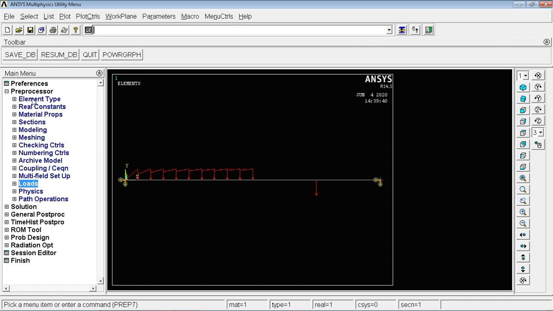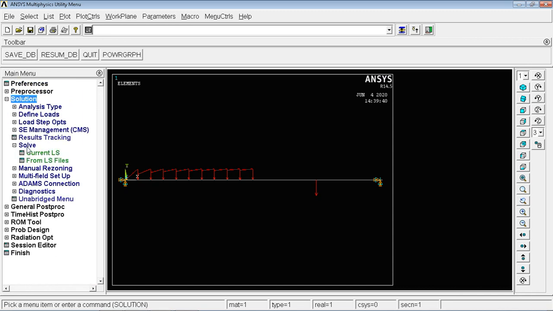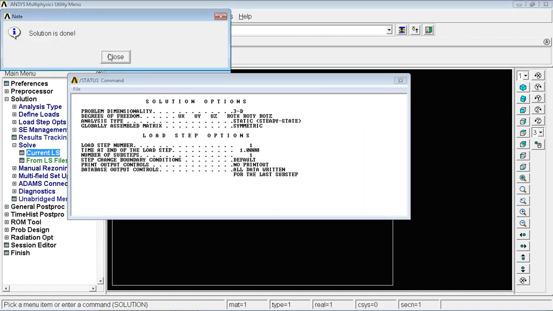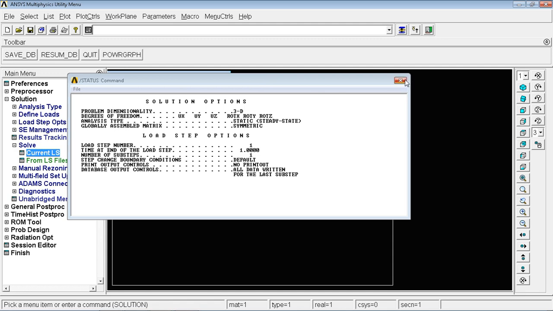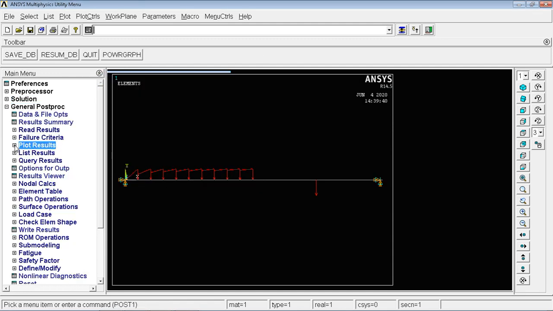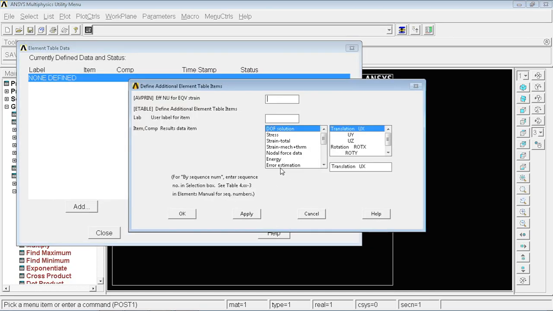I'll minimize the load. Next, preprocessor stage is done. Next, I'll go for solution, solve, current LS. Okay. I should get solution is done. I got that. Next, I'll close the things. Next, I'll go for general post processor. In this, first I'll create the element table, define table, add. I'll drag this by sequence number SMISC. Numbers I'll give 3,